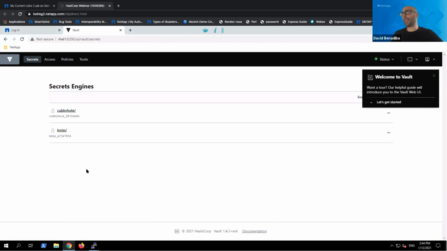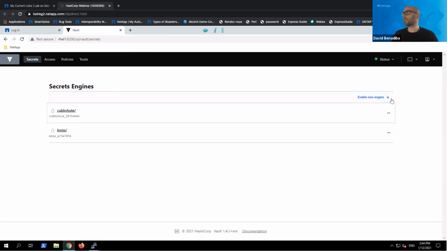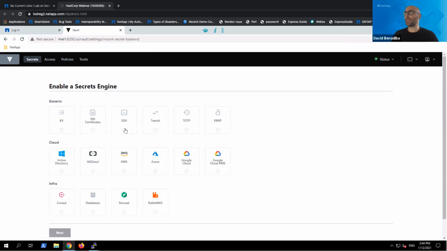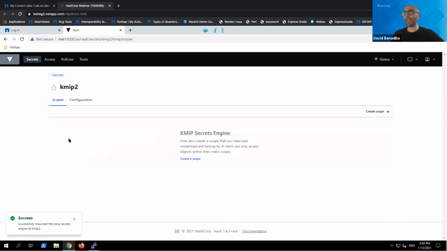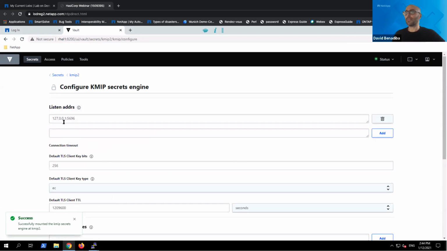The first thing we have to do to create the KMIP engine is to create the engine itself. You can choose many different engines, but the one which is going to be relevant here is the KMIP engine. So you need to create this engine, give it a name, a path, enable the engine, and then we're going to configure it. To configure it, you have to provide the listen address, I mean, on which IP address we're going to listen for the KMIP protocol. So here I'm going to put